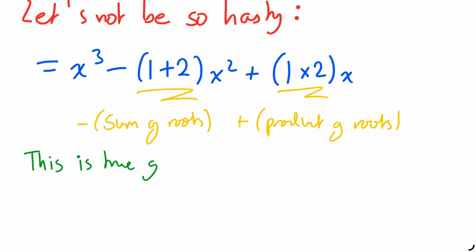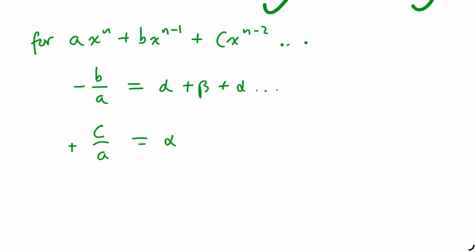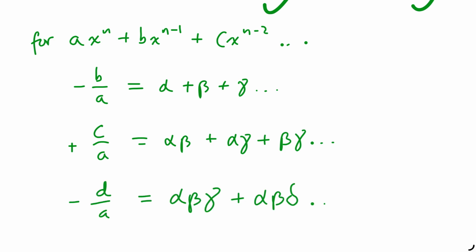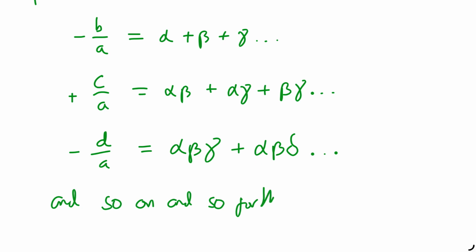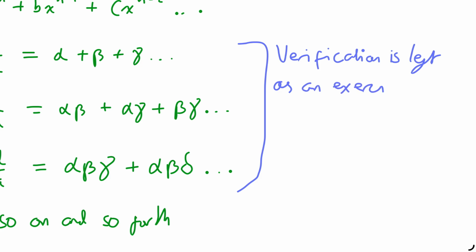And this is true for any polynomial. The coefficient of the second term will always be minus the sum of the roots, and the coefficient of the third term will be plus the sum of pairs of products of the roots, and the coefficient for the fourth term would be minus the sum of triplets of products of roots, and so on and so forth. These relationships are known as Vieta's formulae, and are something you can pretty easily verify if you just take, for example, (x minus a) times (x minus b) times (x minus c), and just expand it. But for now, I just ask that you accept this is correct because I said so,